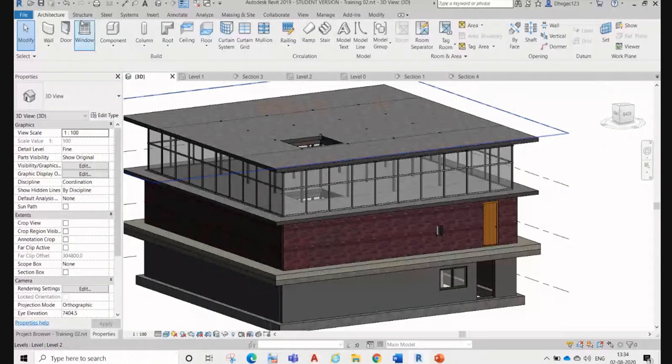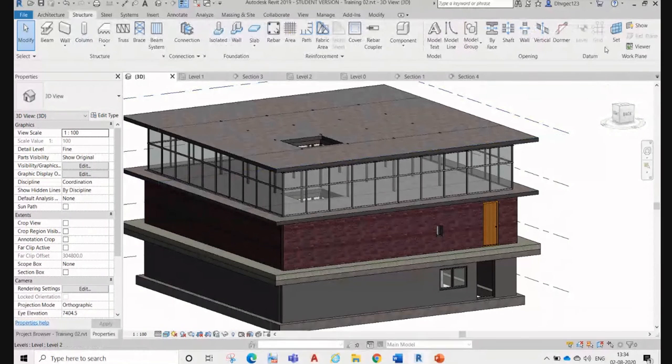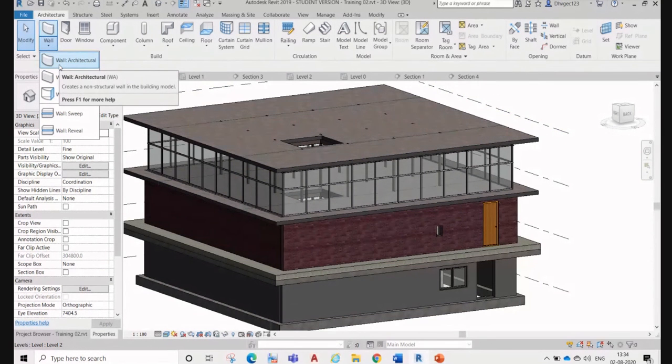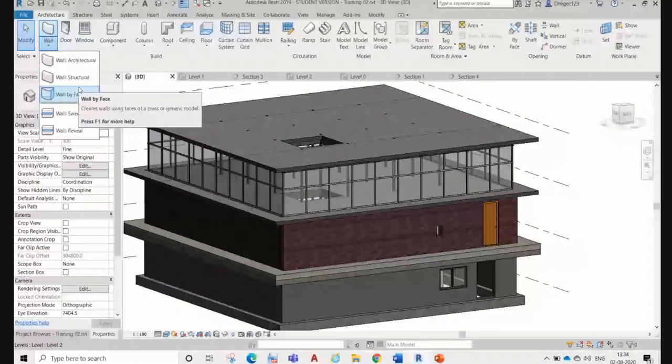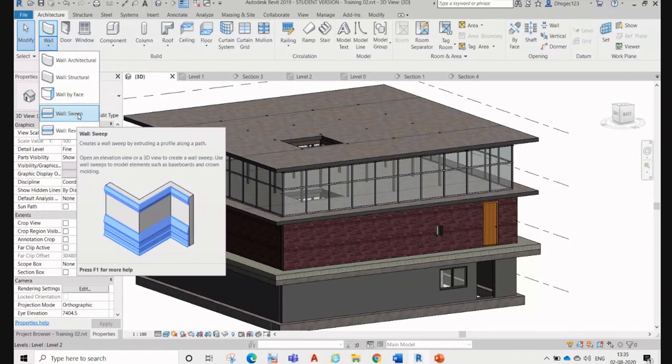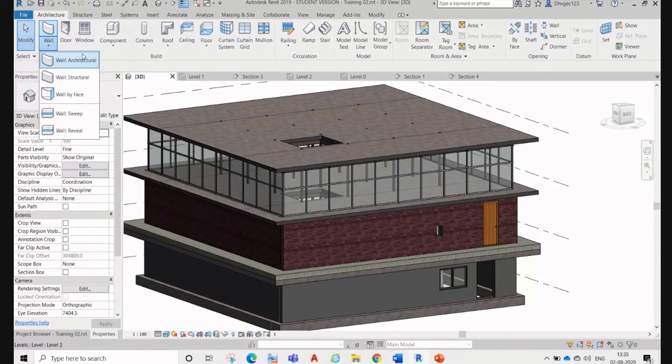What we did today: openings, face opening, wall opening, and in structure we learned the wall, architectural walls, and sweep, though we didn't consider the sweeps.